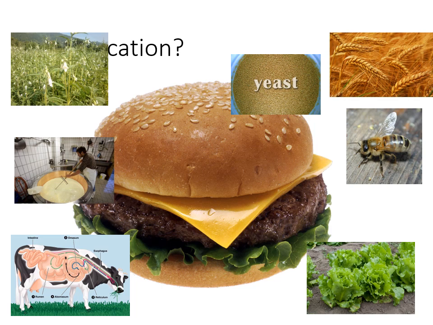All right, so we have lots of different diversity of living things. And when we look at this cheeseburger, and we'll reference this again, you can look at all the organisms used to make this. We've got sesame, we've got yeast, we've got cheese, which came from milk. We've got lettuce, which is some type of plant. We've got wheat. There's probably sugar in there as well. So there's a bunch of different things you could name which aren't on here.